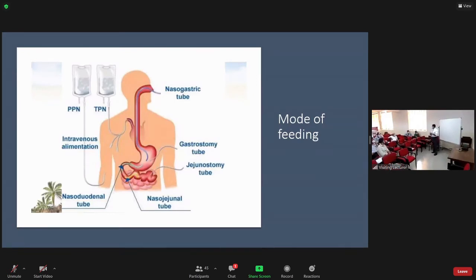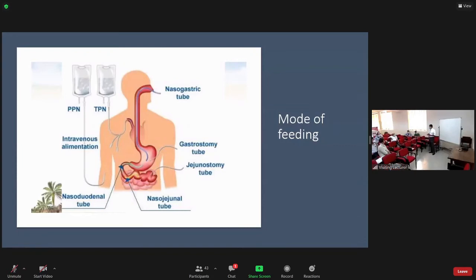That is semi-elemental. It contains peptides. Only two products are there: Peptamen and Survimed. Is it because of the cost that elemental feeds are not available? Yes, I think so. But amino acid capsules are there. Syrups are also there, but it's very important for patients with inflammatory bowel disease, a sort of first-line treatment, because of severe malabsorption. Crohn's disease. Even for fistula, they recommend elemental feeds as a therapy.